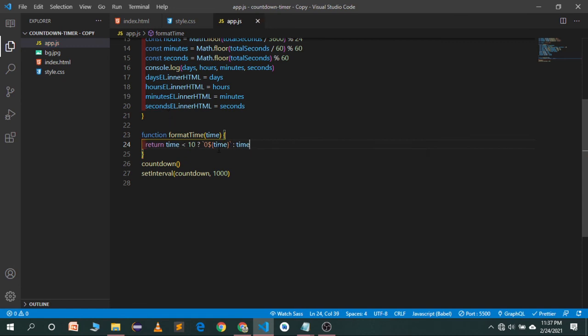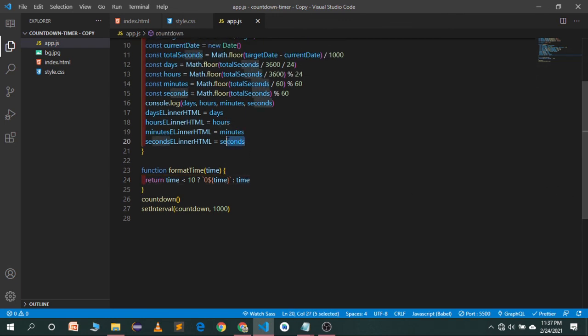Let's save this one. Basically this function will format the time. If we get a value less than 10, it will add a 0 to this value, otherwise it will return the time.